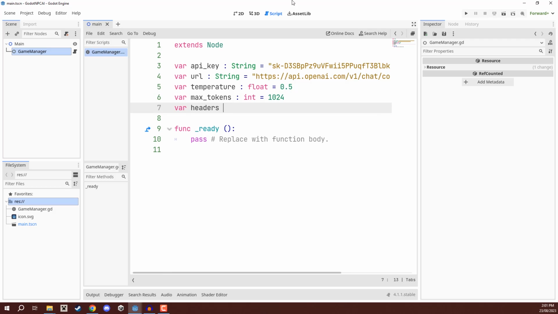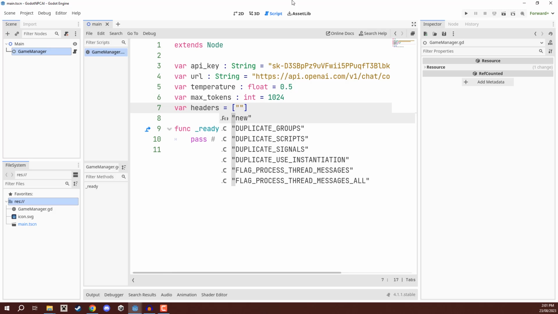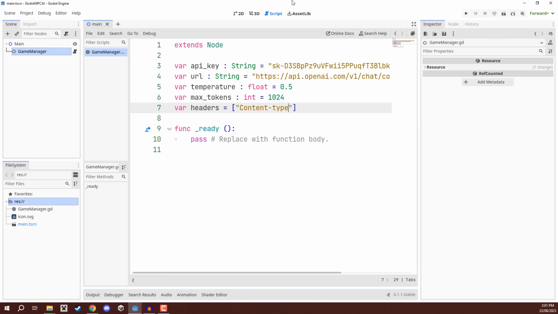Now, when you are making requests to an API, generally you want to send over some information that is more metadata, more information in the background that it just needs to know, okay? And we need two things. So we're going to create a new array here, and we're going to have two things in our array. First of all, we're going to have a string, and this one is going to be content-type